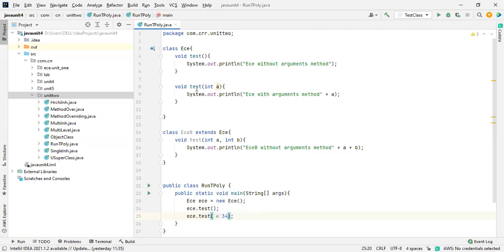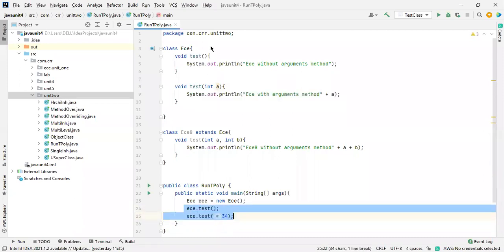If I call this one, these two methods are highlighted. So we call these methods by using the object creation of the particular class.